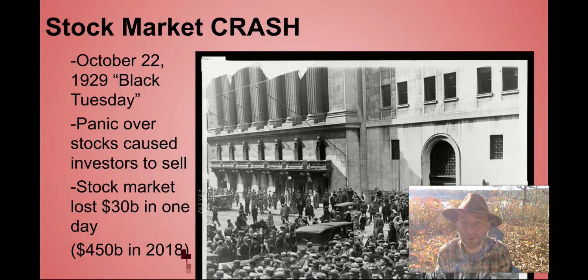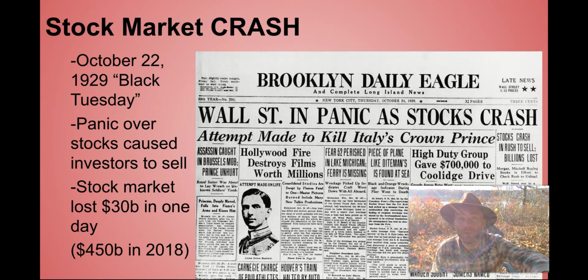So the stock market crashes October 22nd, 1929, becomes known as Black Tuesday. And what happens is investors lose confidence in the stocks. They lose confidence in the businesses and they lose confidence in the economy, that all of the production and all of these goods are going to be sold and these factories are going to stay open and Americans are going to have money to buy. In one day, they lost, in that era, $30 billion. In today's money, or 2018 money, that's $415 billion in one day disappeared. And with that